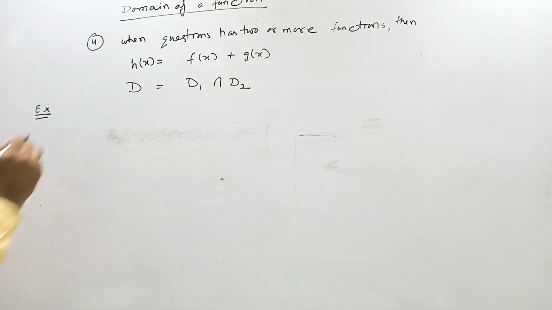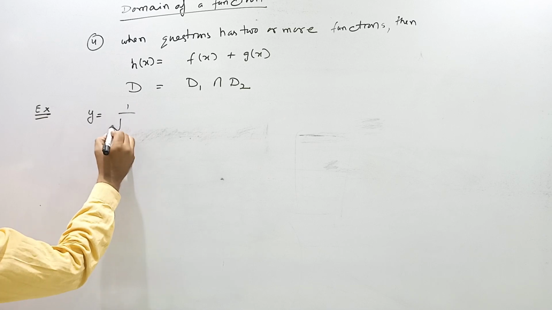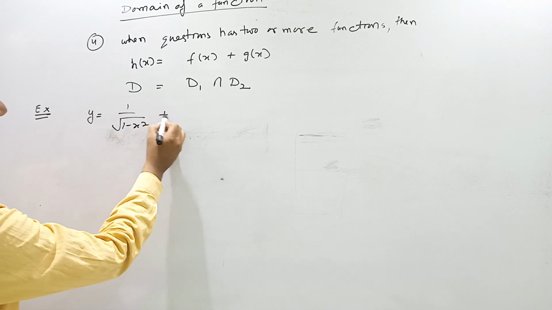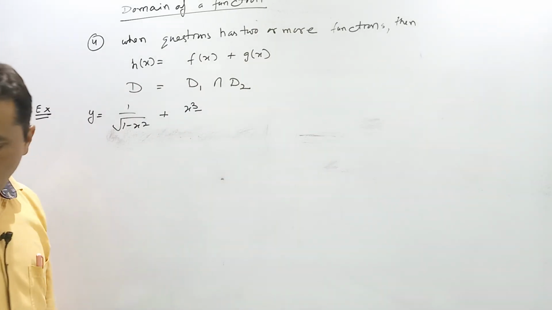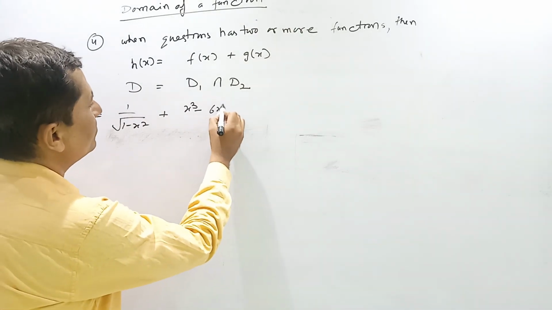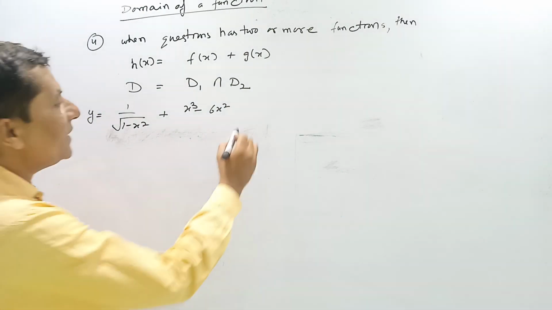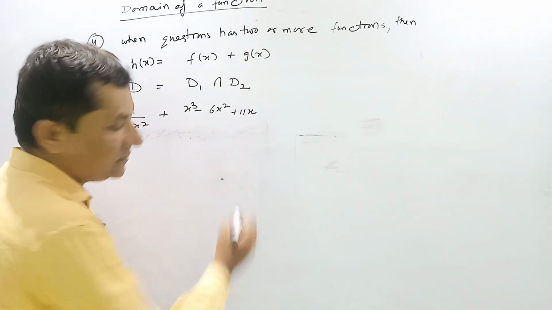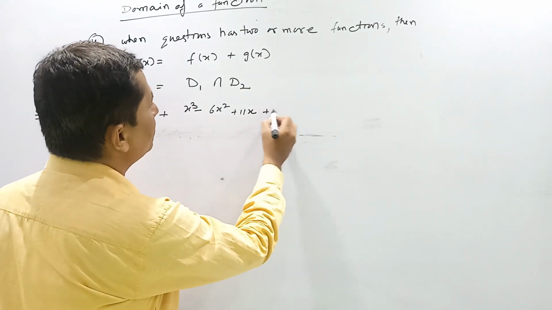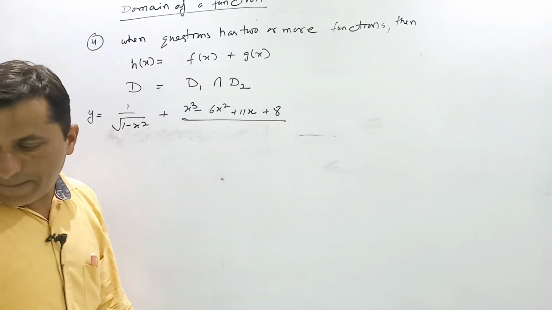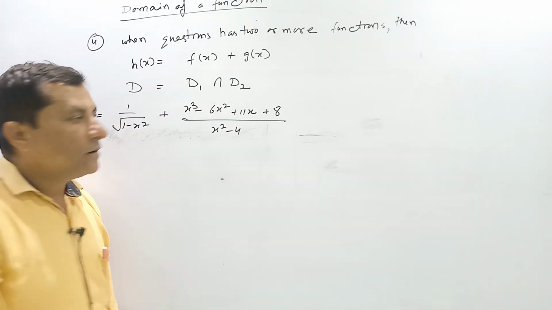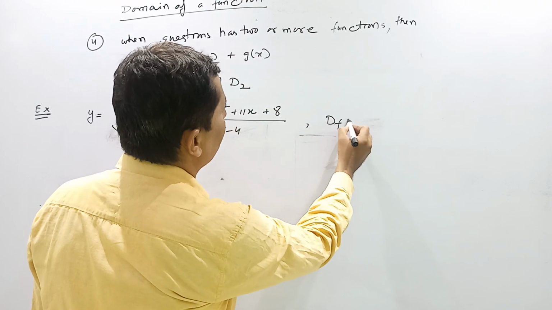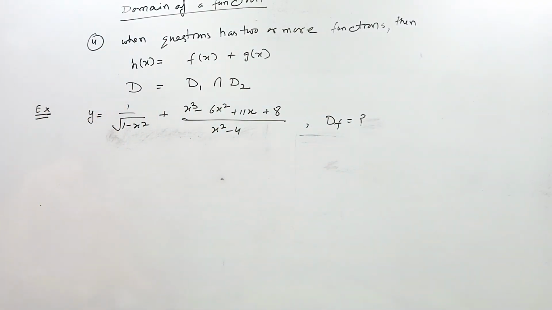If y is equal to 1 upon root of 1 minus x square plus x cube minus 6x square plus 11x plus 8 upon x square minus 4, find out the domain of the function. Now see here,